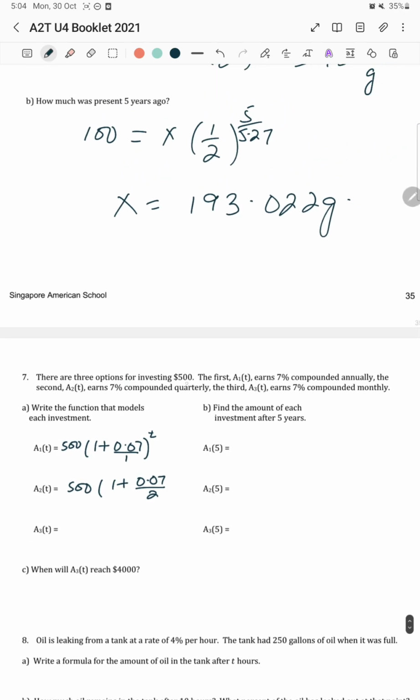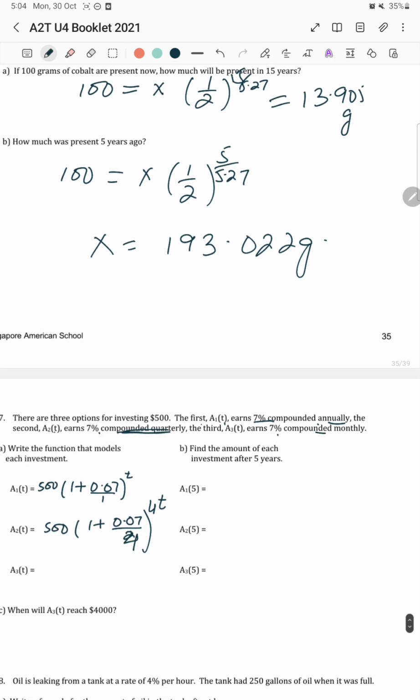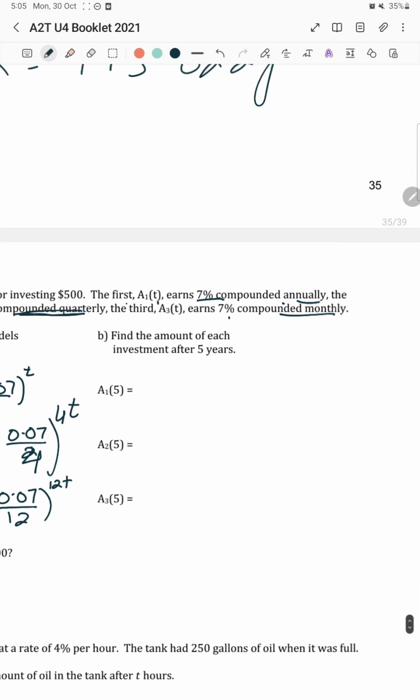There are three options for investing 500. First, A1(t) earns 7% compounded annually. The second, A2(t) earns 7% compounded quarterly. Quarterly would be 4, so it would be 4t. And third, A3(t) earns 7% compounded monthly. Monthly would be 12, so 500(1 + 0.07/12)^(12t). So A1(5). Now we're going to substitute 5 over here. So 500(1 + 0.07)^5 is equal to